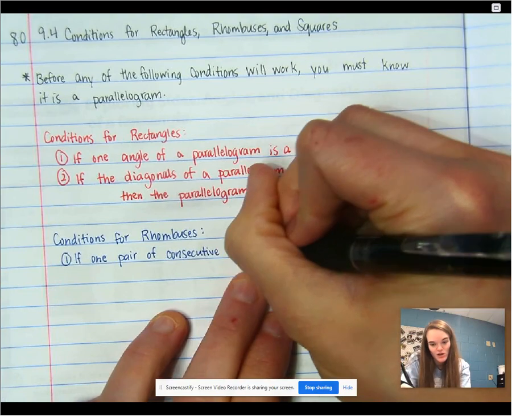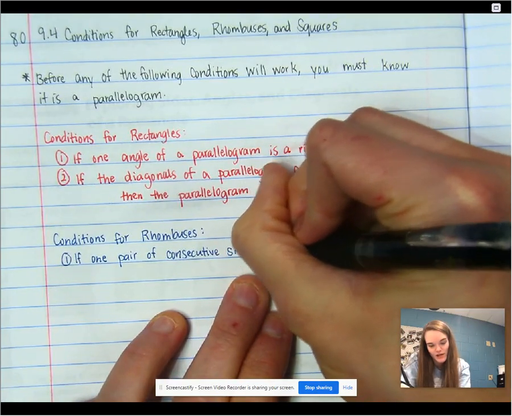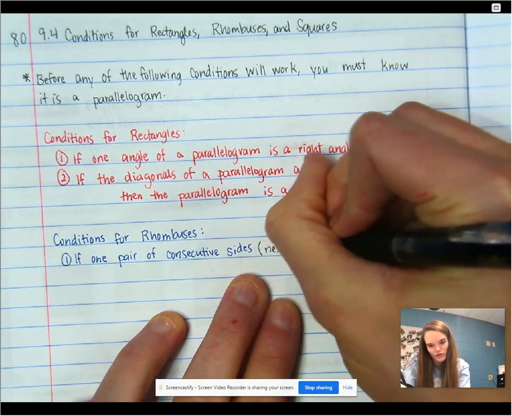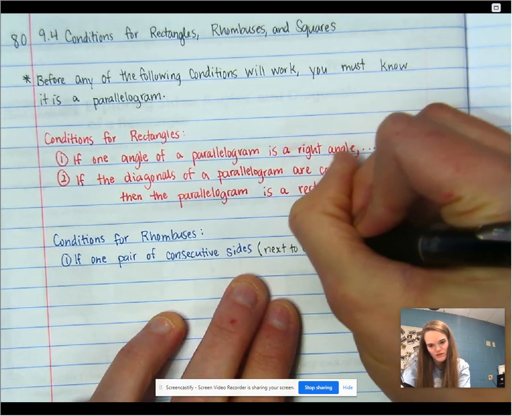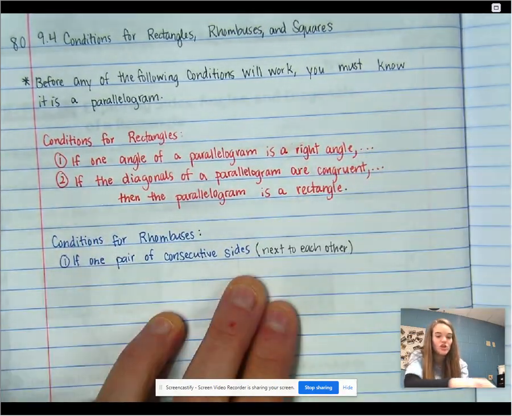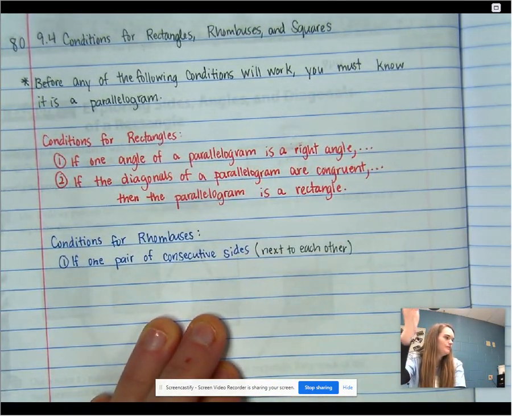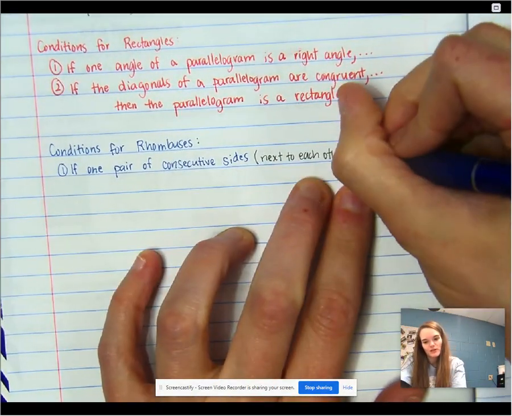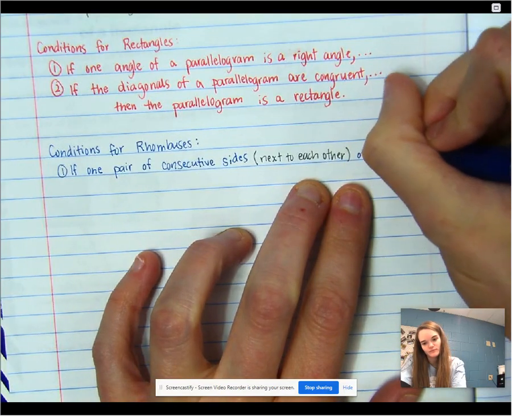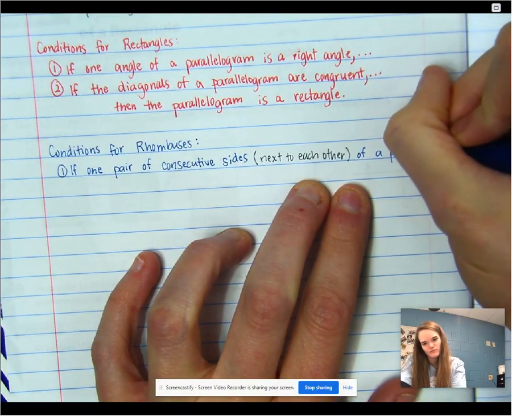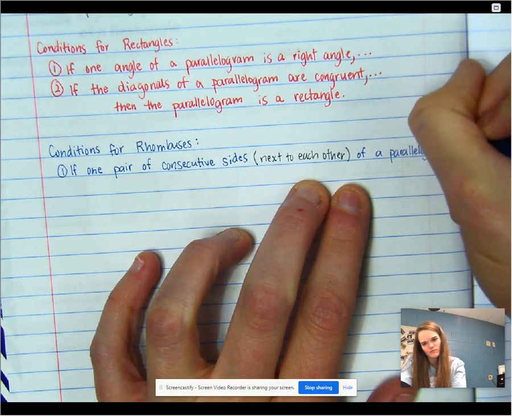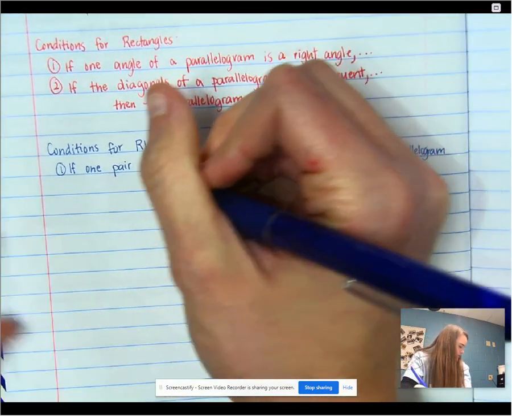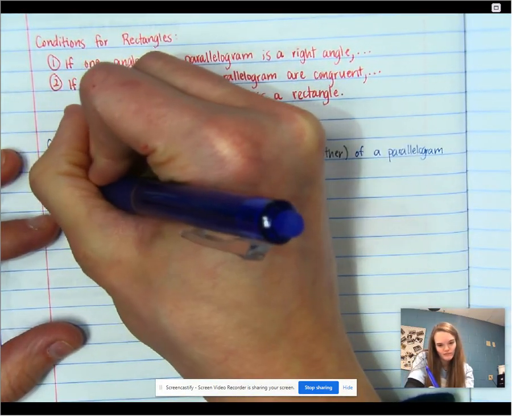Consecutive sides are next to each other. That's not part of the proof or the actual condition. I just need you to know what consecutive sides means. Of a parallelogram are congruent,